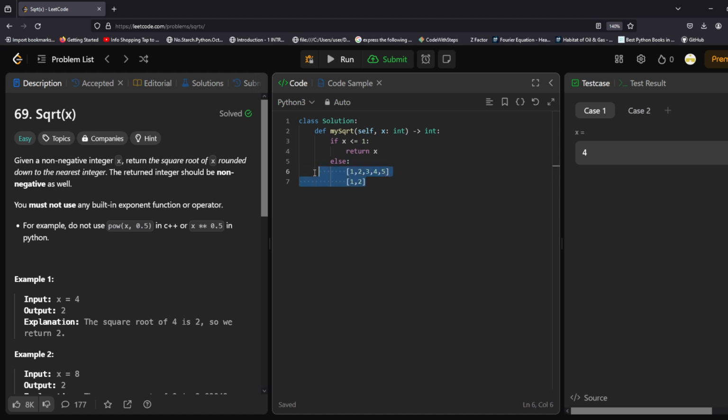So with the binary search method, the first thing we have to do is set our start points and our end points. So we're going to set the low and the high. So the low point is 1, that's the beginning point. Then our high point is x, the value we're trying to find the square root of. So this is kind of like a range: we have a low point and a high point. Then we are saying while low is less than or equal to high,